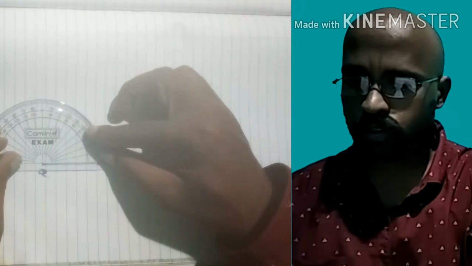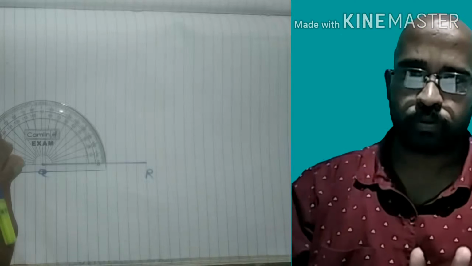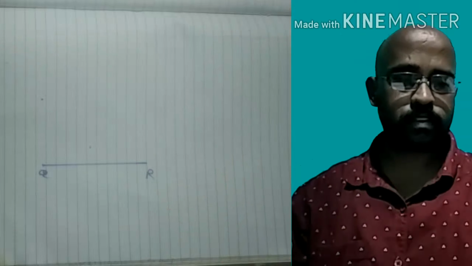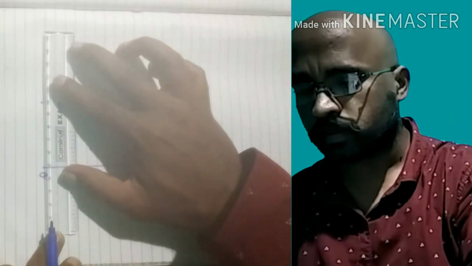I hope all of you know how to draw an angle. Then at the point of 90 I will mark. Then let us draw. Locate any one point. Suppose this is point P. So PQR is now the right angle triangle. Connect points P and R to draw the hypotenuse of the right angle triangle. PQR was the angle. So PQR is a right angle triangle.